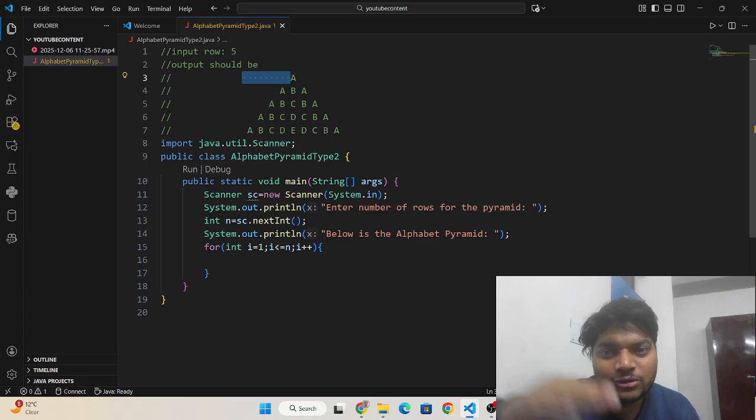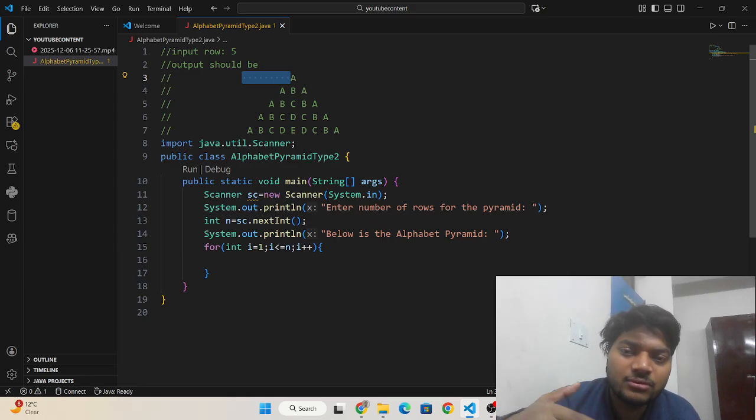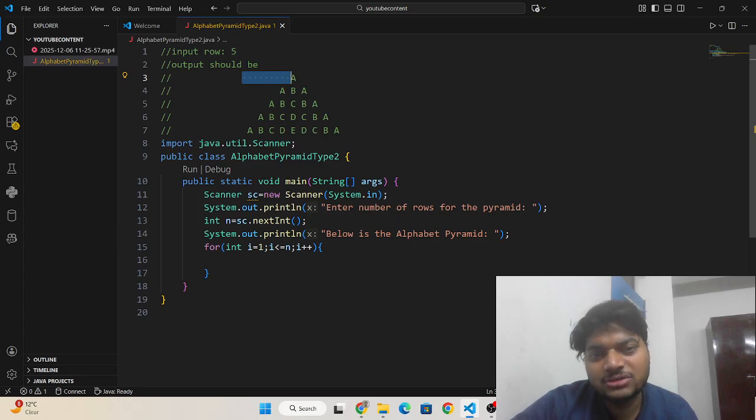As you go down, the spaces decrease by 1, and by the time you reach the nth row, the spaces will be 0.